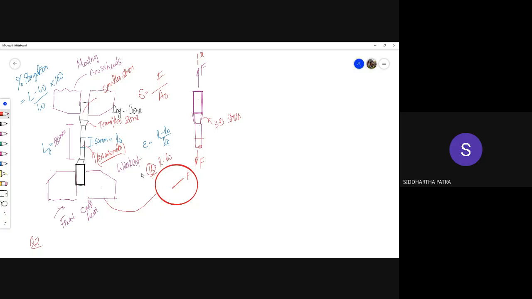Again, in the Viva, the problem that I have seen is, yes, I am okay with you giving me this answer that stress is force per unit area. Although most of you would be phrasing it as force by area, which I am not okay with. But when I ask you about the unit of stress, this is a typical answer that I get: the same answer, force by area. I mean, that's not a unit, right?